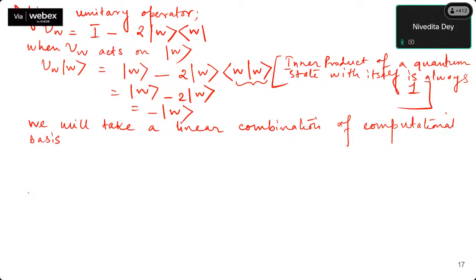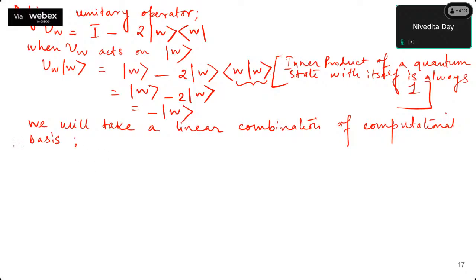Computational basis means everything like 0, 1 for a single qubit system. For a 2 qubit system, my computational basis will look like 00, 01, 10, 11. For 3 qubits, it is 000 till 111. Okay, this we call a computational basis. So once we take that,